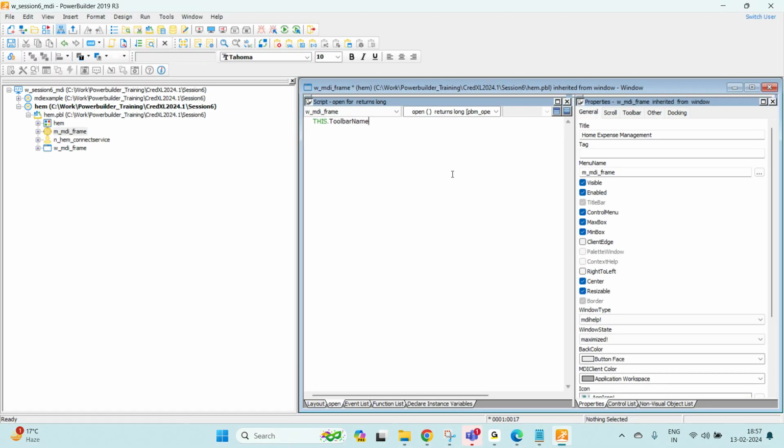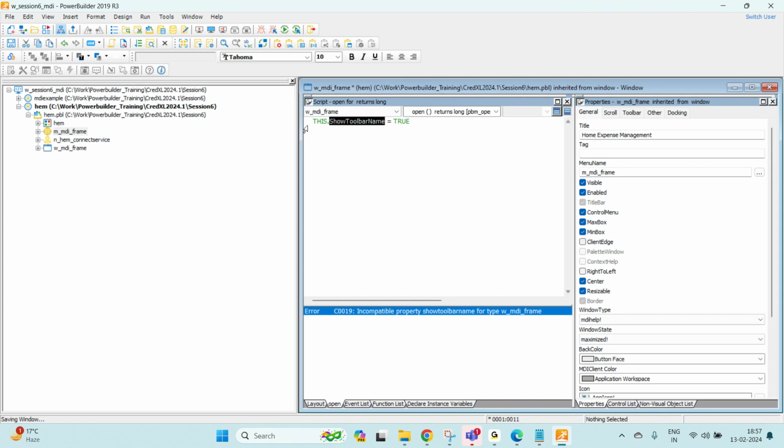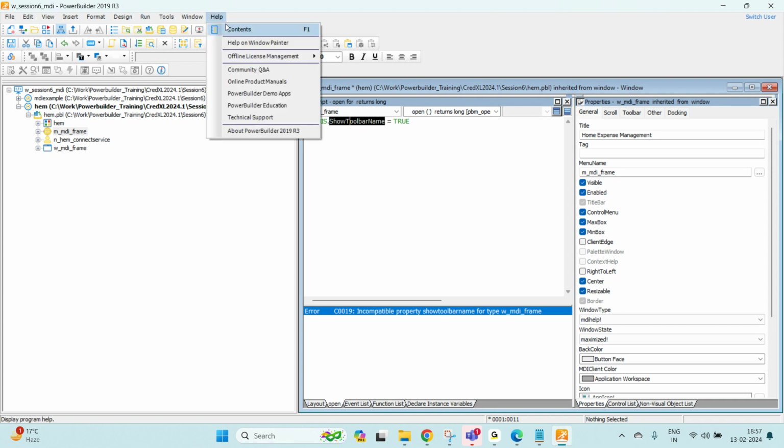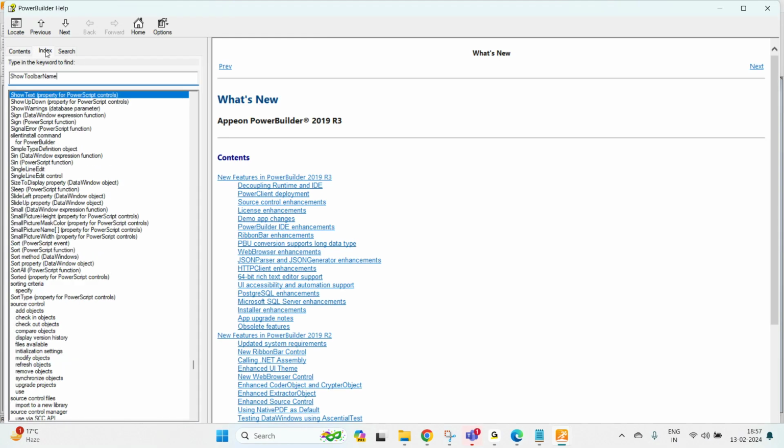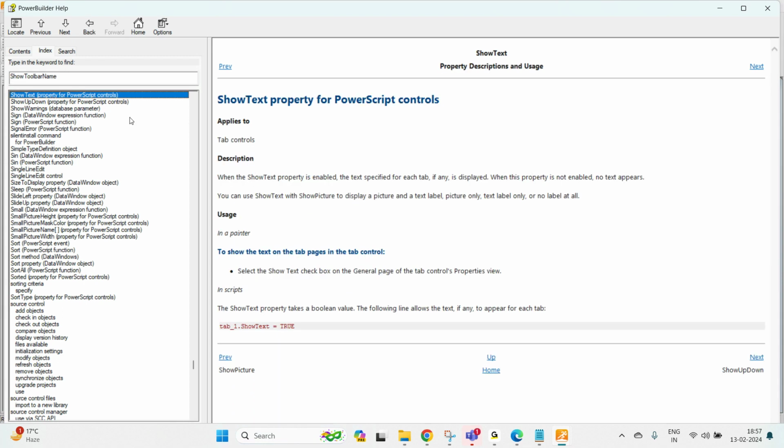So I think it's toolbar name equal to two. No, this dot toolbar name. So toolbar name, no. What is that? I have missed. So text. No. Okay, so I'll show you